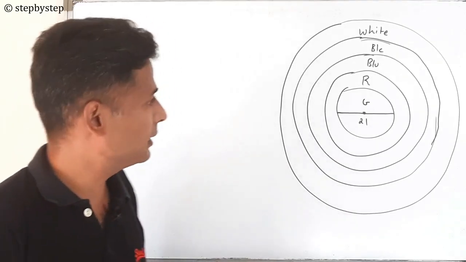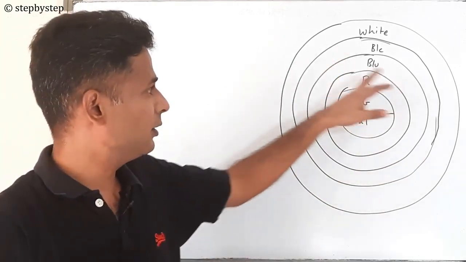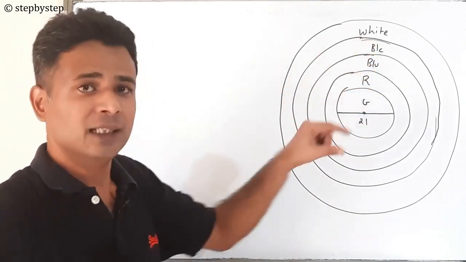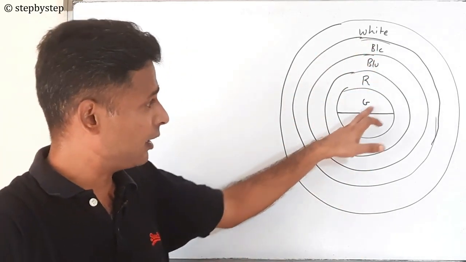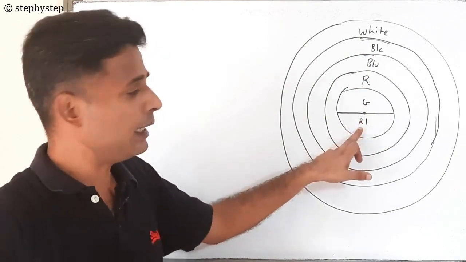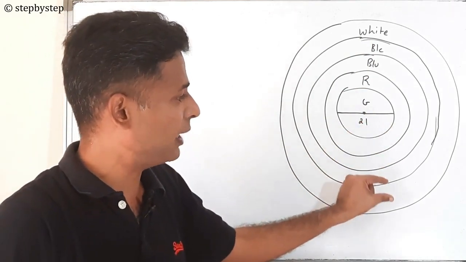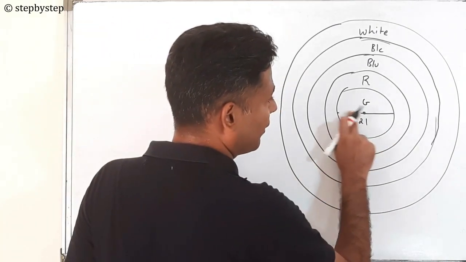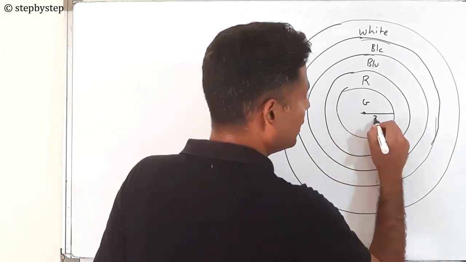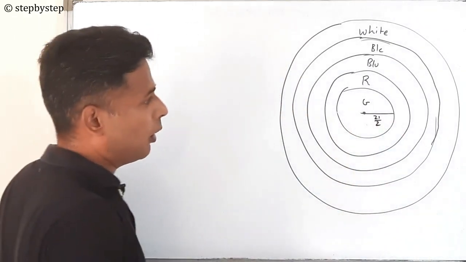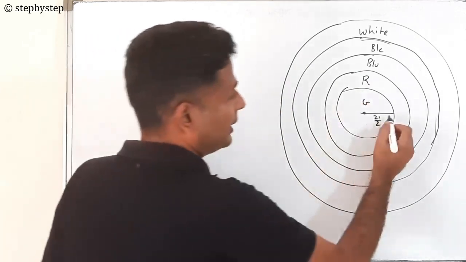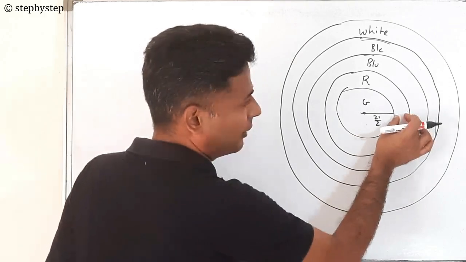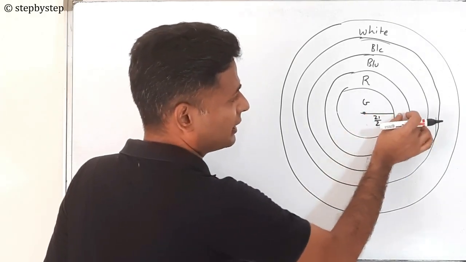Alright guys, now the third question. They have told you there is an archery target which has gold, red, blue, black and white stripes. The diameter of the gold part is 21, that is what they have said, and they have said each band is 10.5 centimeter wide. So now the diameter of the gold band is 21, which means its radius will be 21 by 2. Now what will be the radius of the red band? See, it is this plus this thing that is 10.5 wide, which means it will be this plus 10.5,